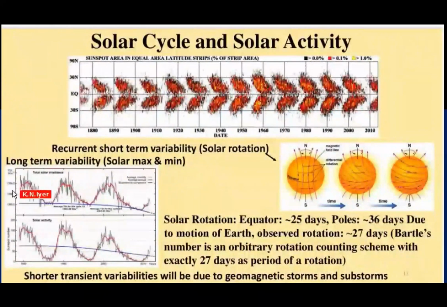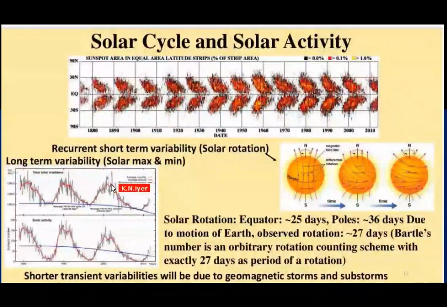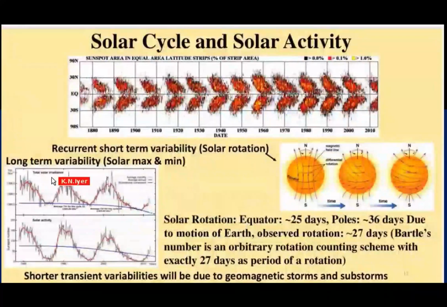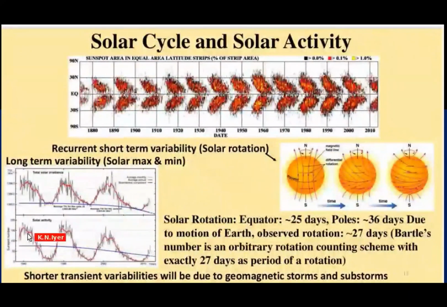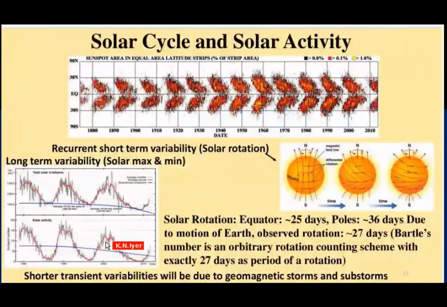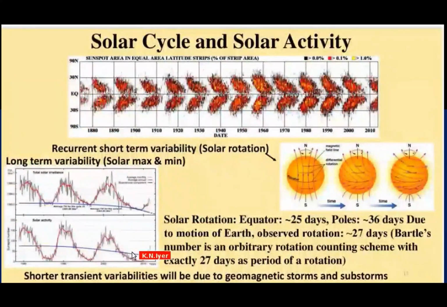This is also shown more clearly here in the clear periodic variations with a period of 11 years. Here the total solar radiation is parameterized. Here the sunspot number is plotted. So the 11-year cycle is clearly seen. If you take a long-term average, then you will see a long-term trend also in the variation of the